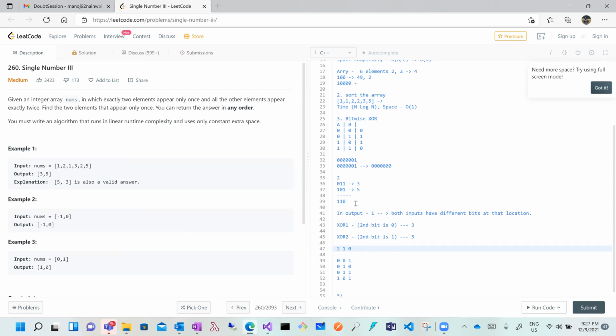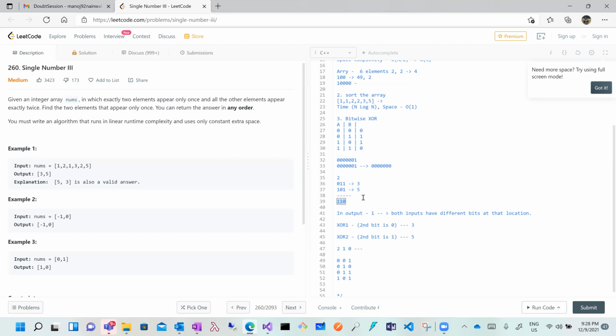See, up to here we know this is the XOR for 3 and 5, because all the other numbers are appearing twice and they will contribute to 0 only. But only 3 and 5 have contributed to this number. And wherever 1 is in the output, it means that the bit position is different for your individual inputs which appeared only once.